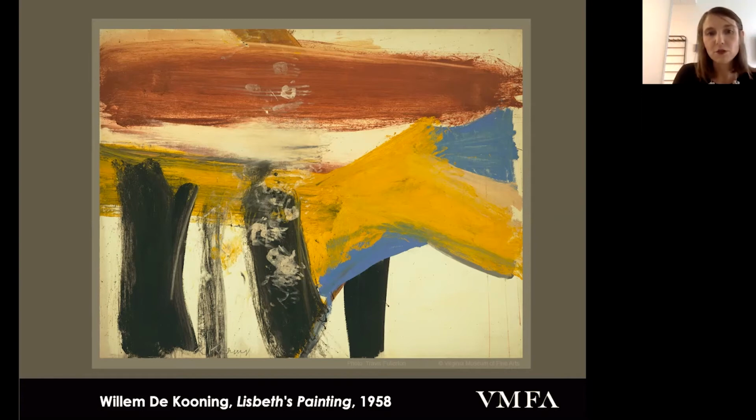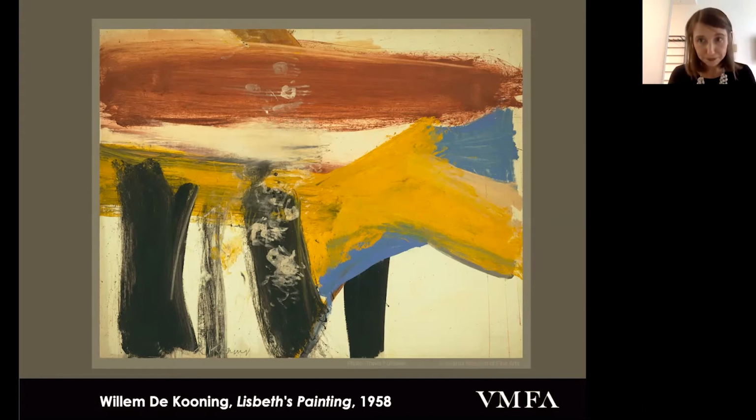And so you had artists who were really responding to this, as these European artists, because of World War II, were refugees and were leaving what had been the center of the art world, Paris and Europe more largely,